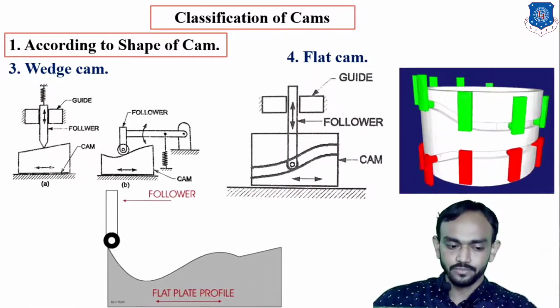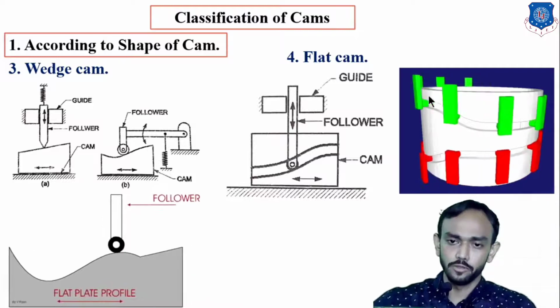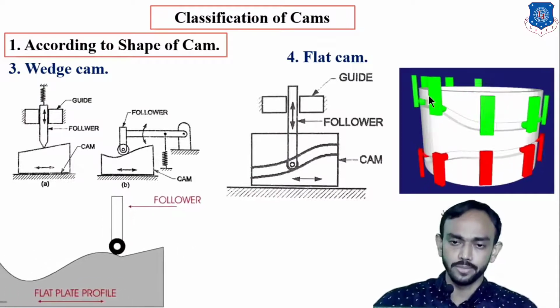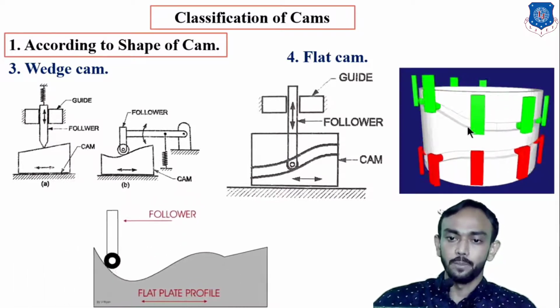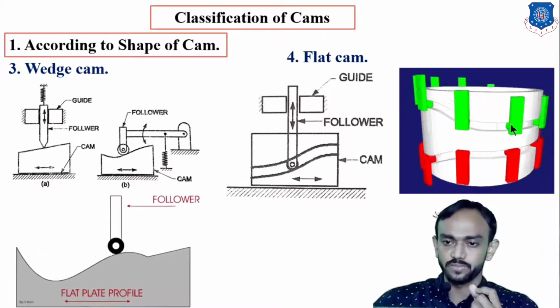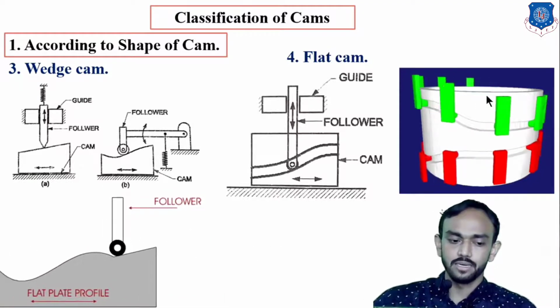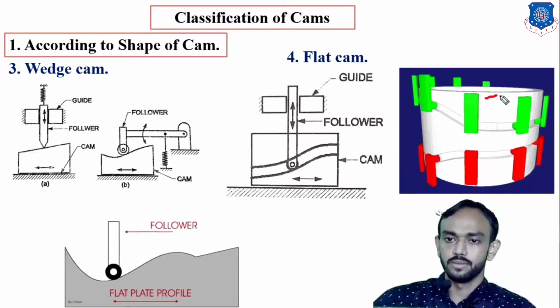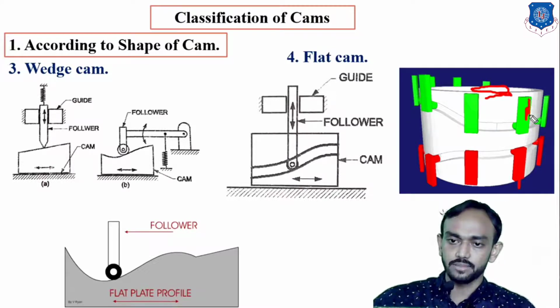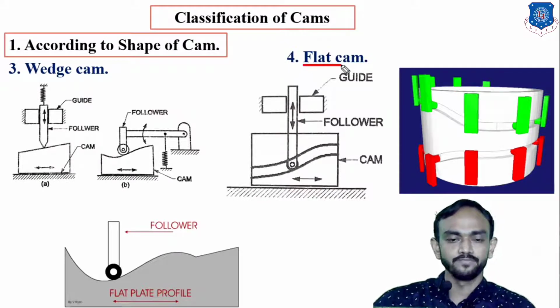This type of arrangement is widely used in pharmaceutical machines, the tableting machine, in which there are a die and a punch, and the punch is moving with respect to that. In the machine this body is rotating, and these are all in steady condition, and they are only reciprocating in their steady place. They are reciprocating, and this white body, which is the center body, is rotating. So this type of arrangement is known as a flat cam.